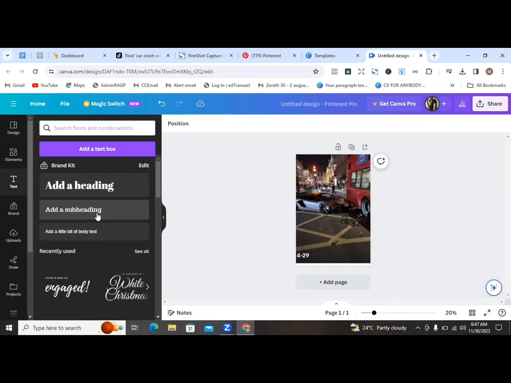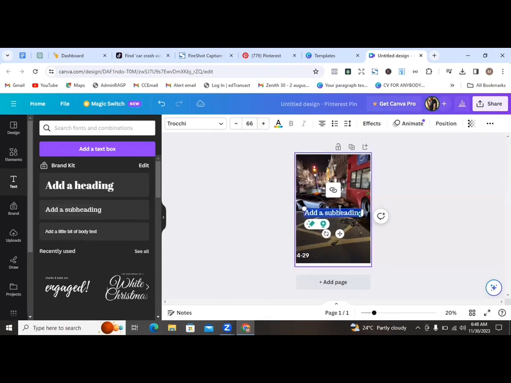All right. So I think if you follow this process up until now, you already understand what this is all about, and you should be able to replicate the same process up until this point. So I'll click on this add a subheading and I would increase the font. So if you're using a mobile phone, you can also do this as well. So I'll click on it and I'm going to be adding something captivating. So I'll say something like